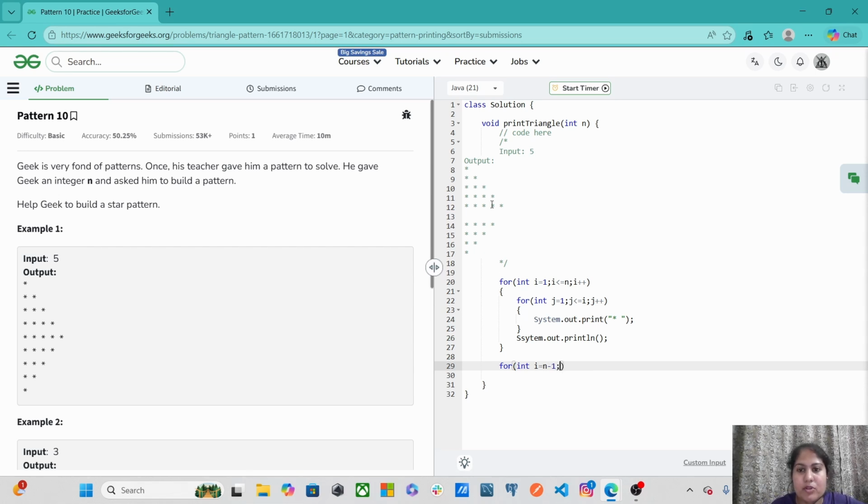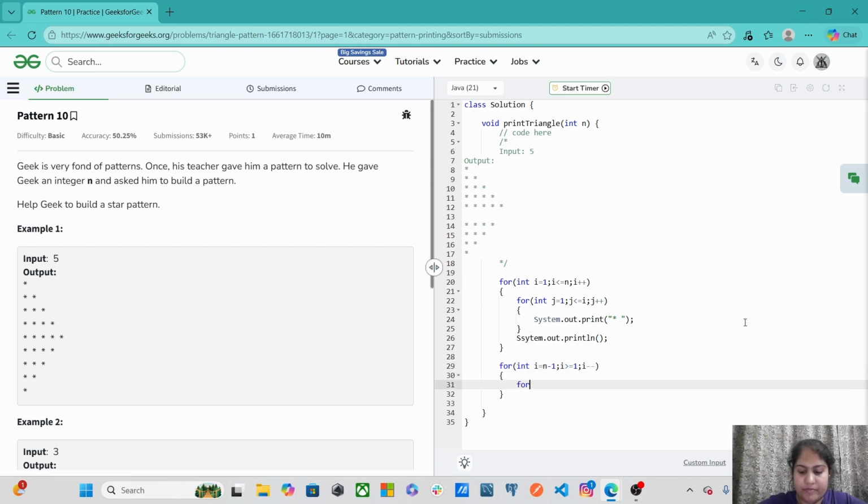Why? Because the input is 5 and in the first row of the inverted left angle triangle we are printing only 4 stars, that is n minus 1. 5 minus 1 is 4, so we would start our loop from n minus 1 till 1